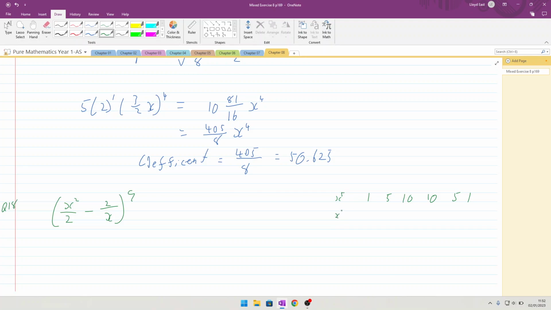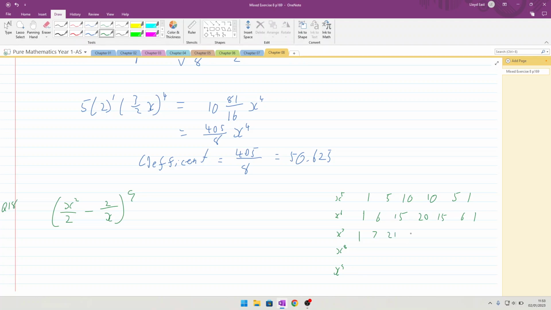So when we're x to the power 6, x to the power 7, x to the power 8, and x to the power 9, we want to do 1, 6, 15, 20, 15, 6, 1,